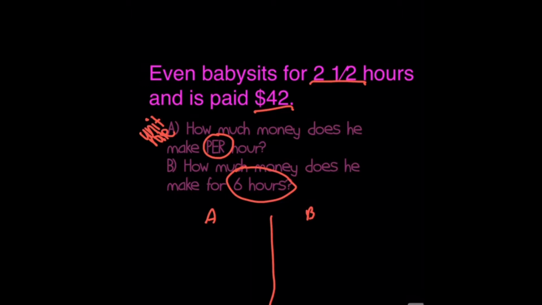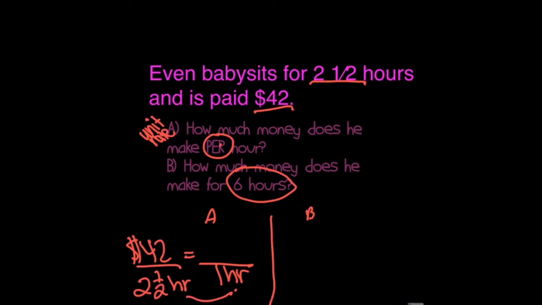The first one is the same thing we've been doing all along, and we talked about it in the last video. Is our hours going to be the denominator or the numerator? Since right away I know I'm looking for per hour, my denominator is 1 hour. So 2.5 hours is the bottom and the dollars is at the top, because what we're looking for per hour has to be our denominator. Now here, what we would do is divide